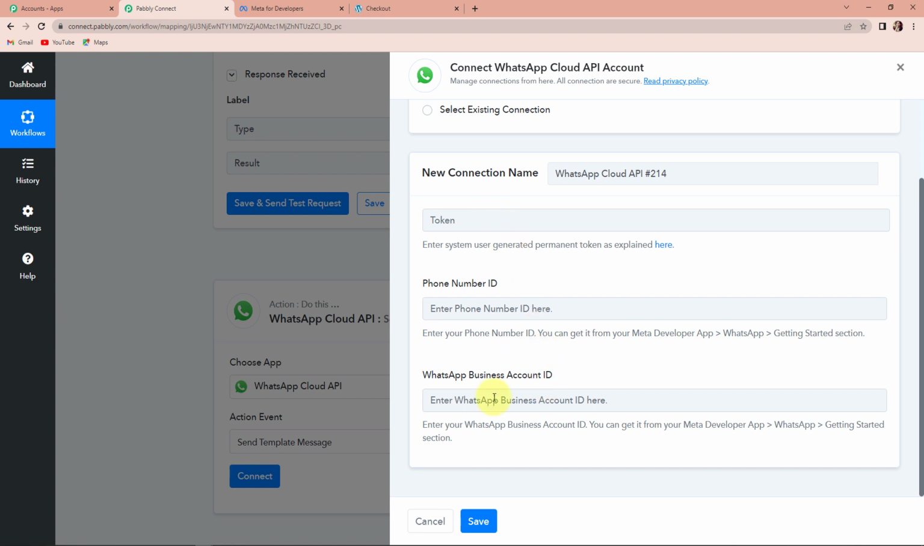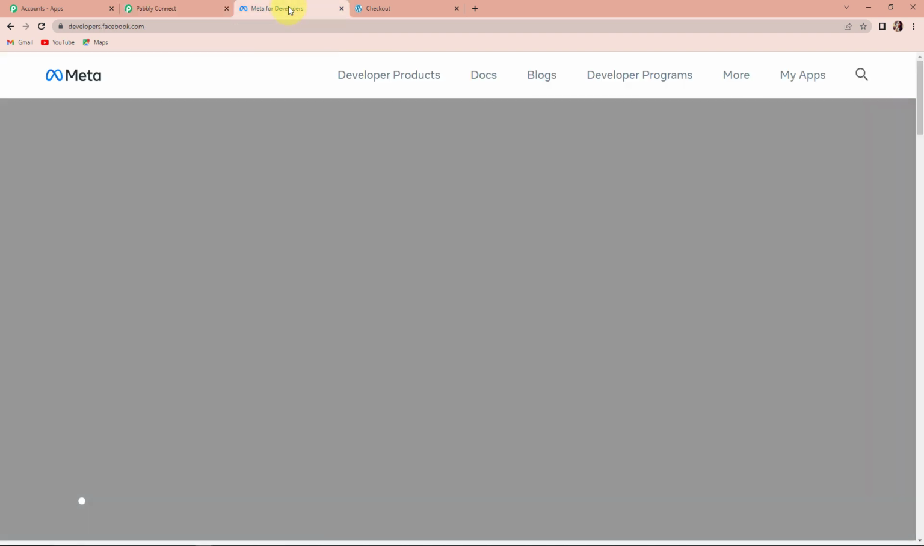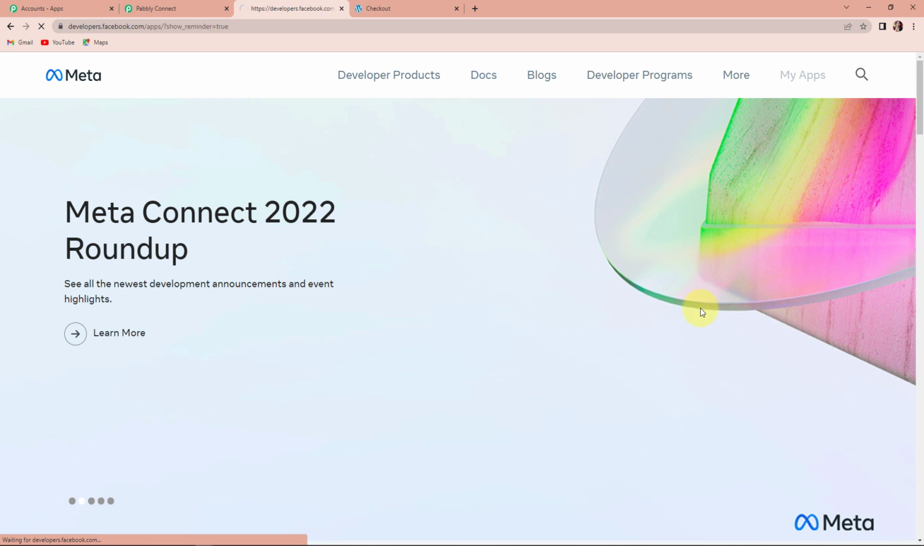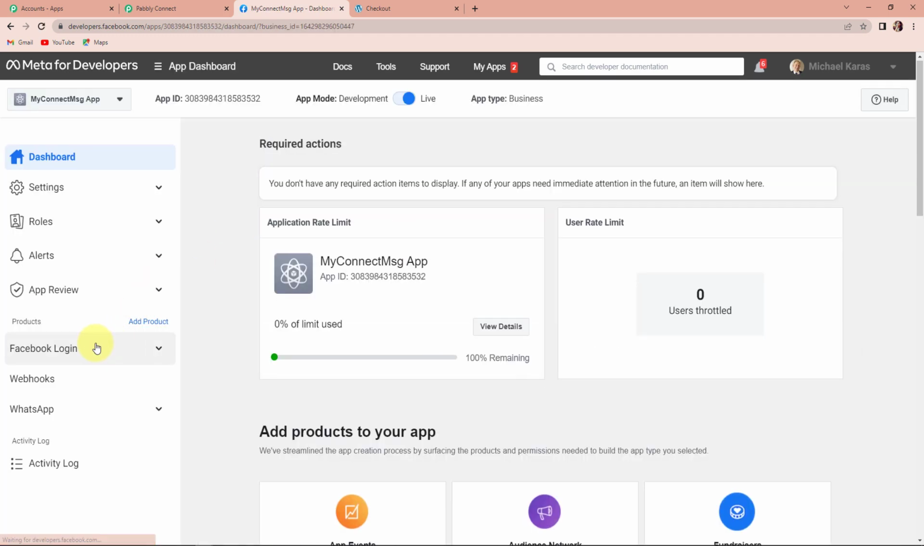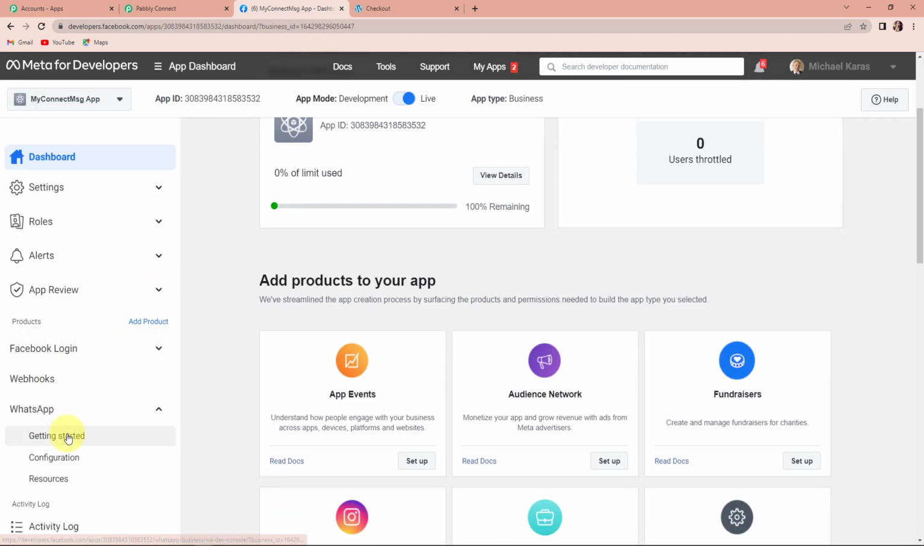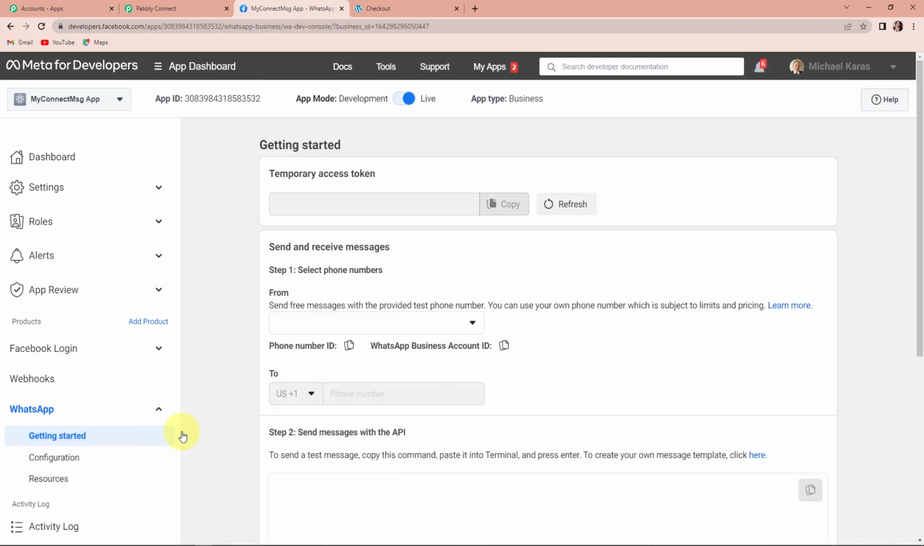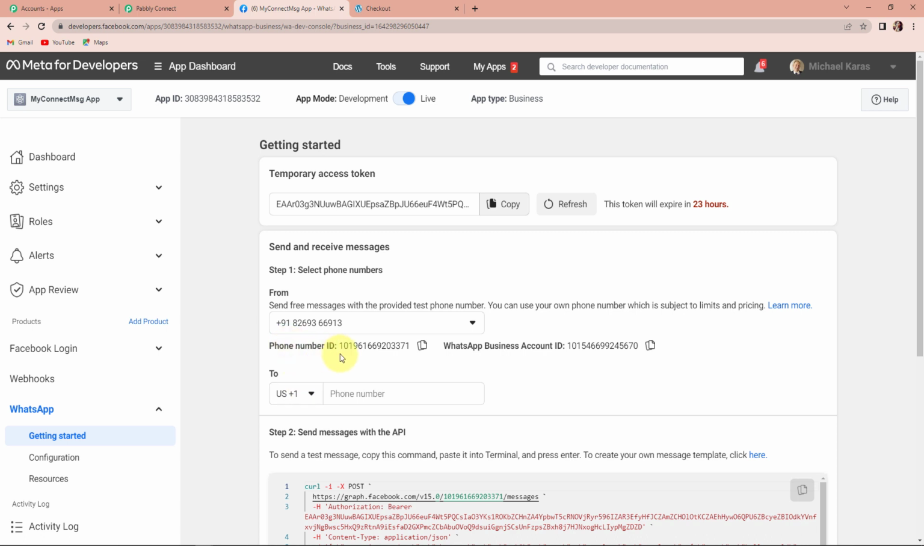So to receive this, I'm going to take you to Meta for Developers page, and here I'm going to go to my apps. Then I already have created a lot of apps here. I'm going to go to this first step. You can create your own app, and then on the left hand side you can see WhatsApp. Let's click on this and click on getting started. So once we are here you can see that we have received the access token, then phone number ID and